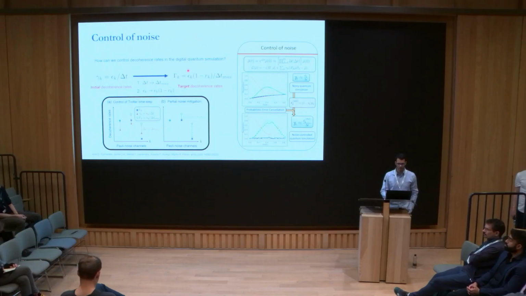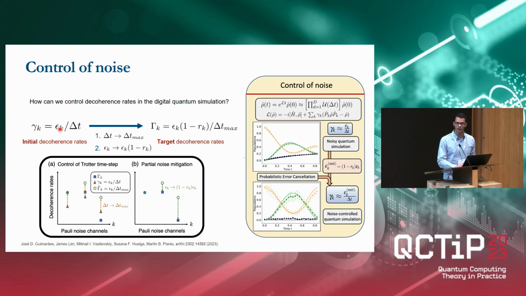Yeah, so we start with these initial decoherence rates, so it depends on the characterized probabilities of the quantum computer. And we start with an arbitrary initial delta t. Then in the first step, we decrease this delta t such that the resulting decoherence rates are equal to or greater than the target ones. And then this Rk will depend on the magnitude of noise that we need to mitigate for each particular stochastic channel. So it depends on the particular decoherence rates and on the characterized error probabilities of the quantum device in general. Thank you.